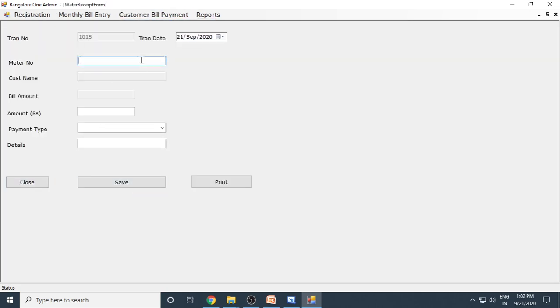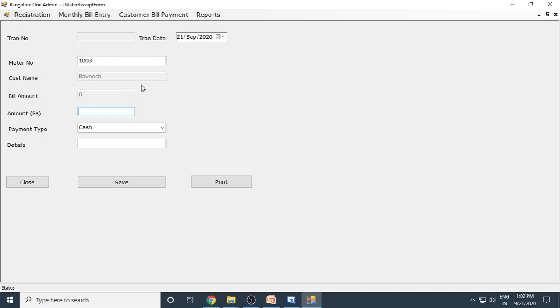Once that is done, the customer can come over here and make the payment. If I give the bill, like the meter number, it will show the name of the customer and the total amount to pay. Now the customer will pay the money. Let's say you pay 2000 rupees, and the payment type, this is a dummy payment. If you pay cash, you say cash received, or you can write down the note number in case it is necessary. Save this, and the record is saved. Now if I go back to 1003, you can check that the balance becomes 0. So now you don't need to pay any money because you already paid the bill.